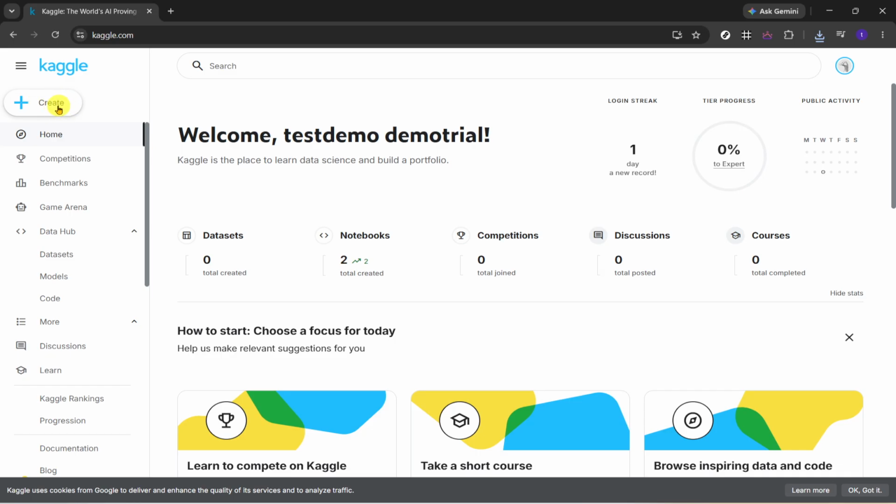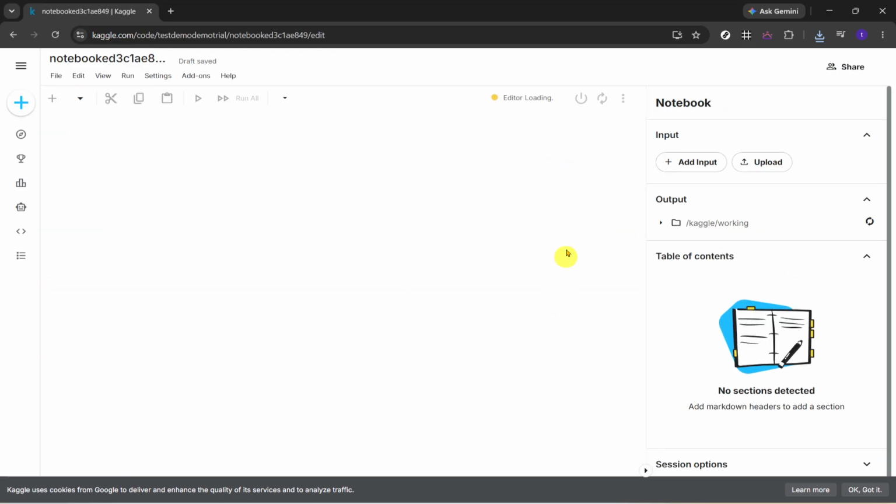Next, look to the top left corner of the page and click Create. This is where Kaggle lets you start new workspaces and projects. After selecting Create, choose Notebook from the menu. This opens a fresh Kaggle Notebook, which is the workspace where you can write code, run analysis, and connect data